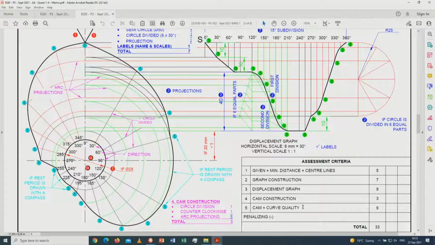By number 5, the curve quality. Of course, it has to go through the points. Now, this is where that previous learner will lose the marks because he hasn't got those points in there, but at least he has got those points at the correct 30, 60 degrees. So therefore, you'll get the marks for that. And the curve quality, ladies and gentlemen,